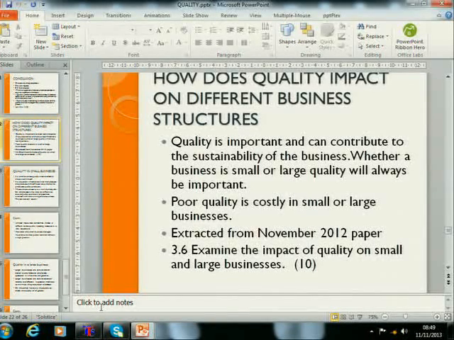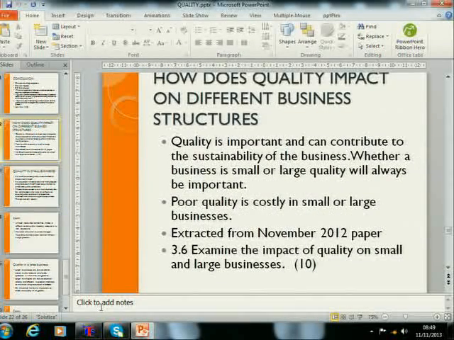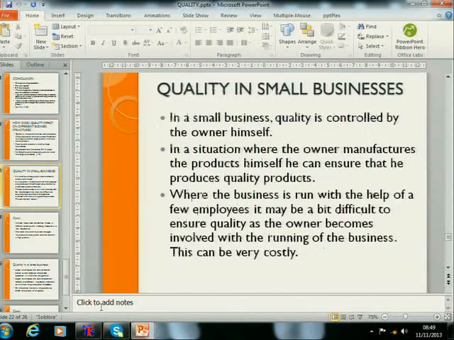From the 2012 question paper, we had a question 3.6 that said, examine the impact of quality on small and large businesses for 10 marks. Answering that question, remember it talks about the impact of quality on small and large businesses. So impact can be either positive or negative. So I tried to group them so that we've got the positive and the